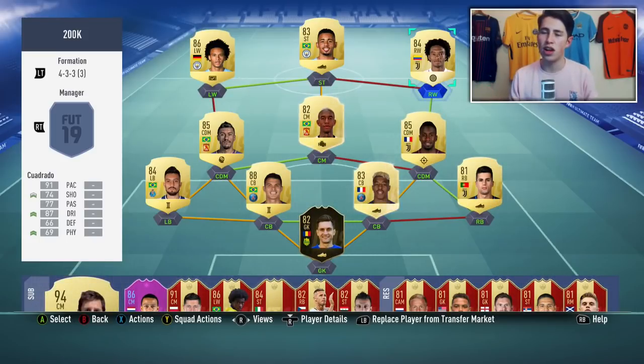A lot of fun to use, just like Sane. Once you've beaten someone, whether that be with a skill move or just by knocking it past them, they're not catching up with you. And then completing the team, I've gone with Gabriel Jesus, and believe it or not, this